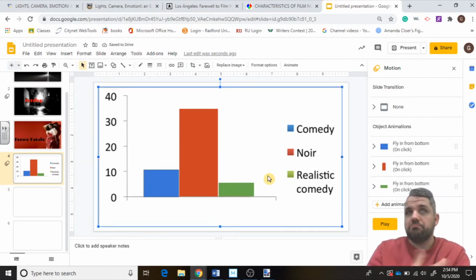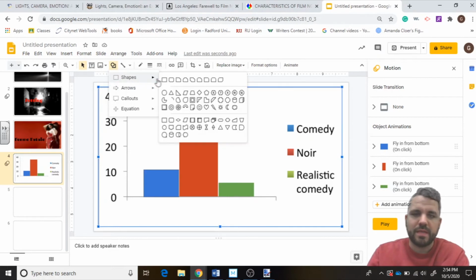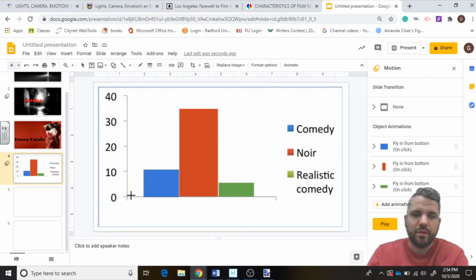Okay, so we just made some bars and we animated them, and it looked really good. But what if we could take it a step further? Let's make a mask and make it better. Want to add another shape. So you're going to add a shape. It's going to be the same kind of shape you added before, nothing new. This time, you're going to want to start just under